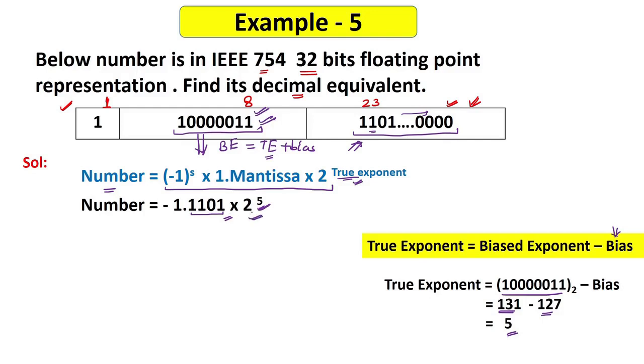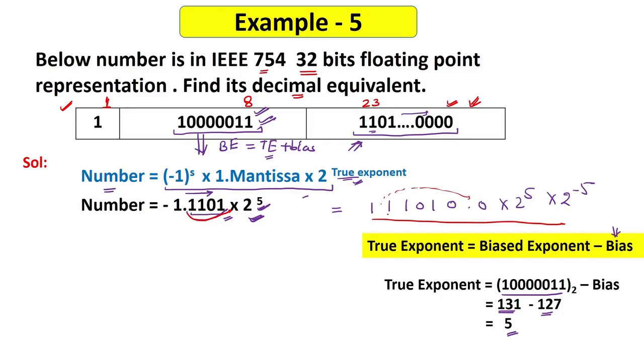So if I have to get rid of this 2 to the power 5, what will I do? I will multiply this by 2 to the power minus 5, and how can I get that? If I move 5 places to this side, I can get 2 to the power minus 5, and then 2 to the power 5 into 2 to the power minus 5 will cancel out, right? So basically I can write this thing. That means I have shifted this point 5 places. So this point was shifted here.